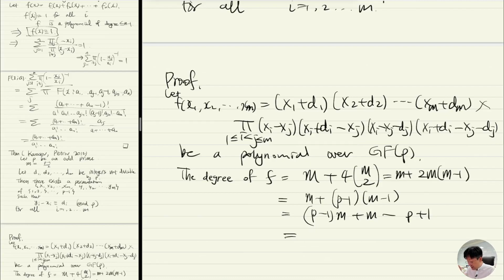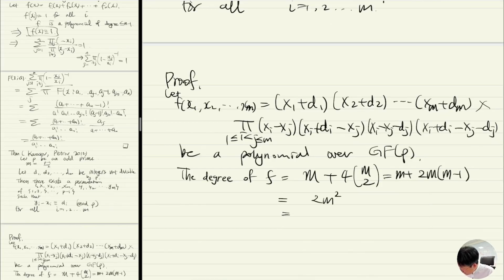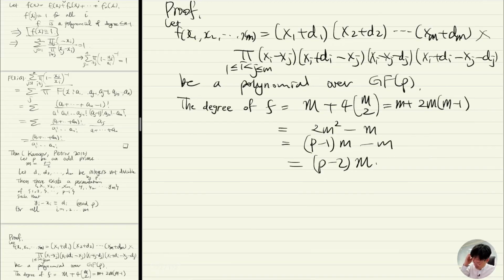Yeah, so what is it? Maybe there should be a better way, okay, let me rewrite. So what's going on? This is 2m squared minus m, right? And 2m squared is p minus 1 times m, minus m. So it's p minus 2 times m. All right, that's good. So that means the degree of this polynomial is p minus 2 times m. Right? Now let us consider